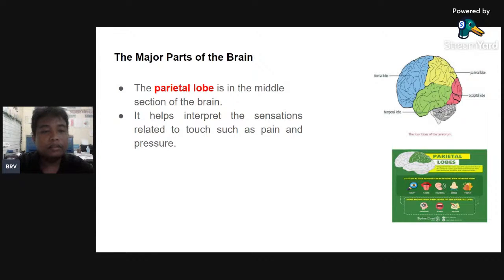Okay, hello, no? So let's continue. Okay, so parietal lobe, no? Ito yung nagano sa ating sensation, no? To touch, such as pain and pressure. So next,